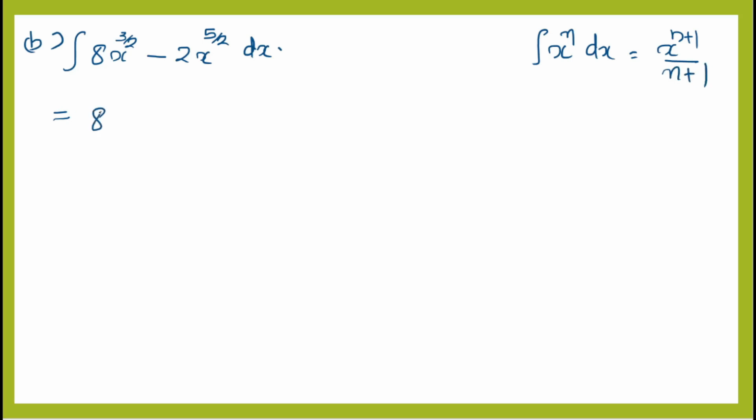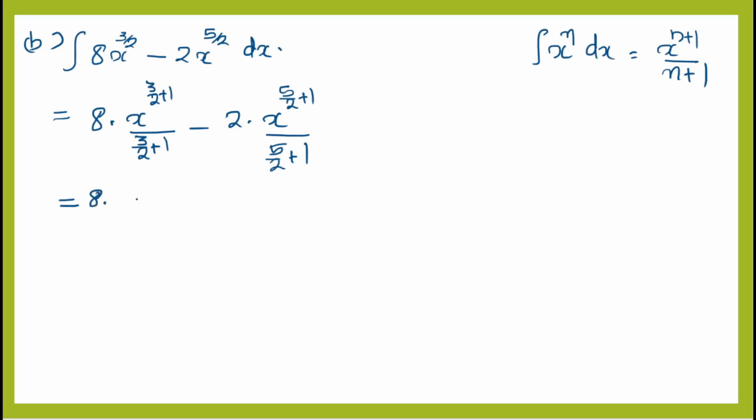Therefore 8 times x to the power 3 by 2 plus 1 by 3 by 2 plus 1, minus 2 times x to the power 5 by 2 plus 1 by 5 by 2 plus 1, that equals